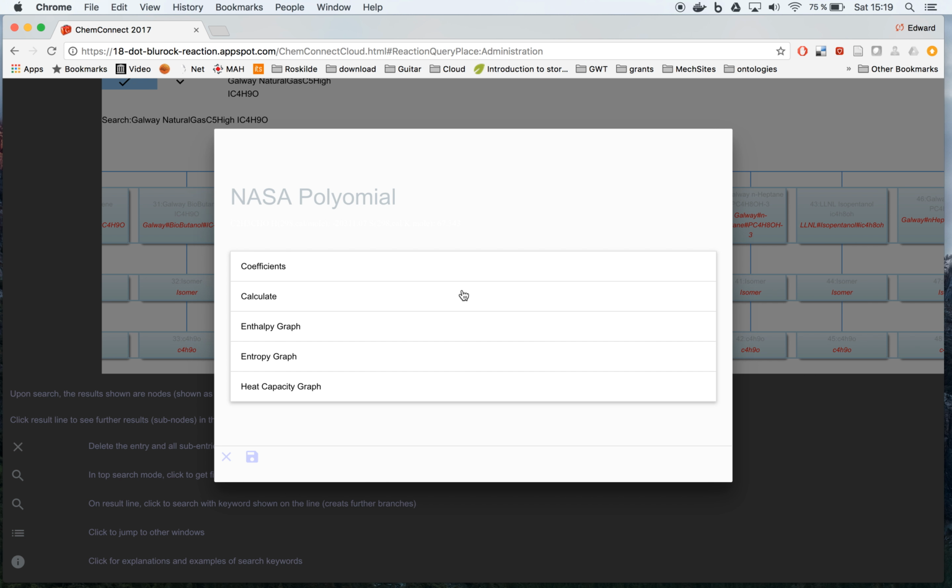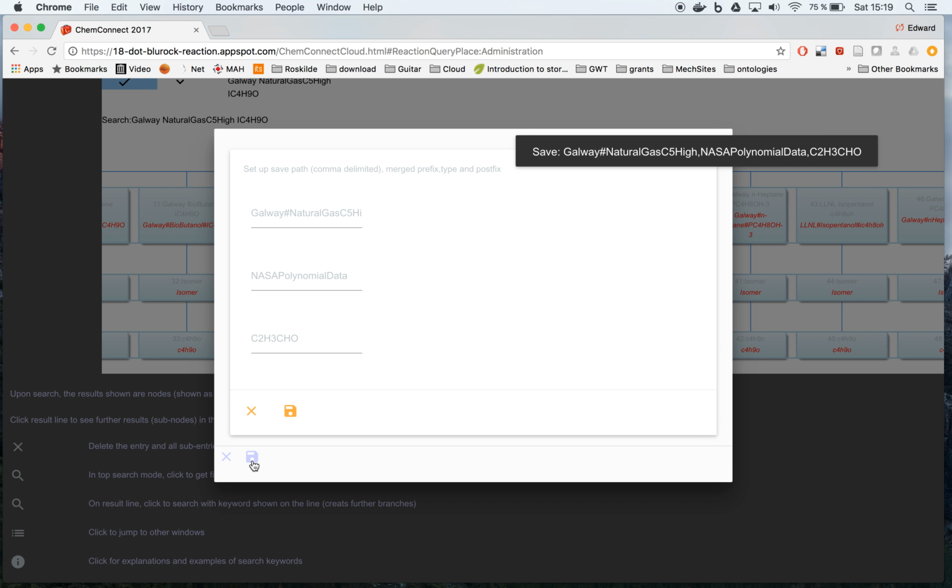Now, in addition, if one is comparing different values, one can actually save this particular search key. We hit save here for this one. Another menu comes up, and basically this is sort of a tree. If you want to categorize these things a little bit more, we can have a tree of values. Here we just use the default one. So the Galway, this is basically the mechanism. This is that it's NASA polynomial data, and this is about this specific molecule, the way it's named within that mechanism. And if we hit save here,